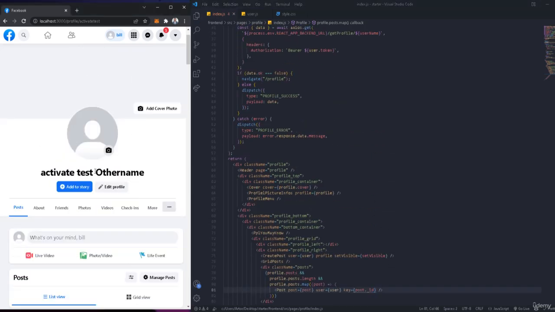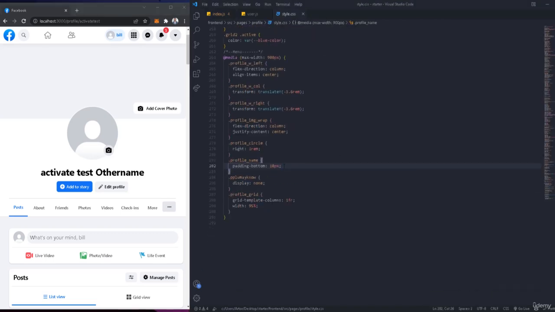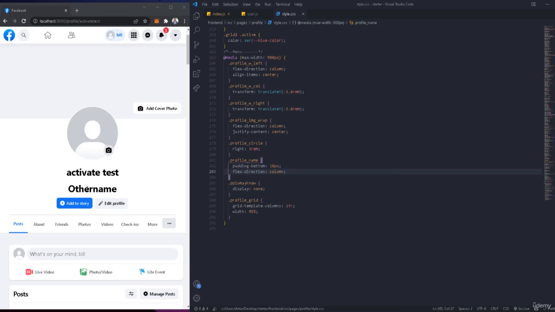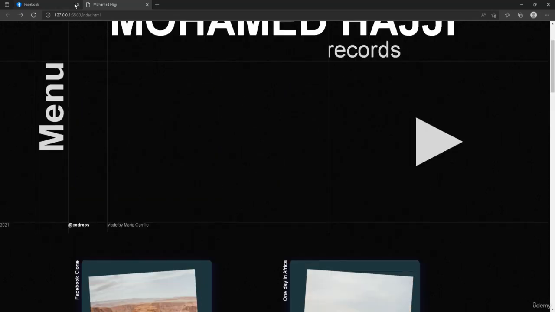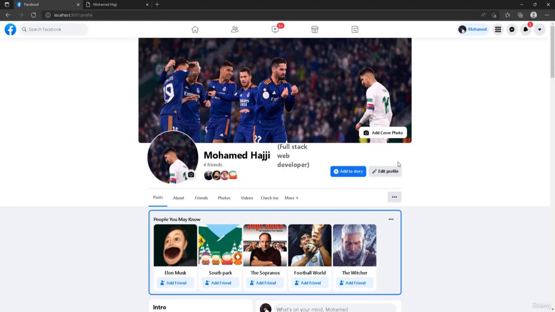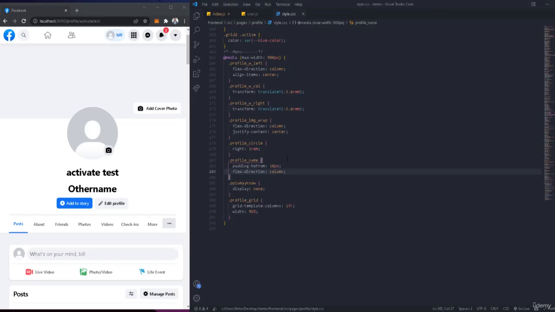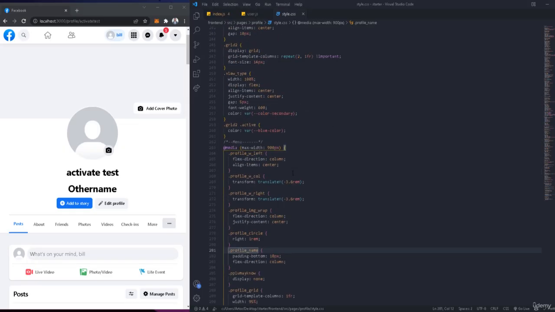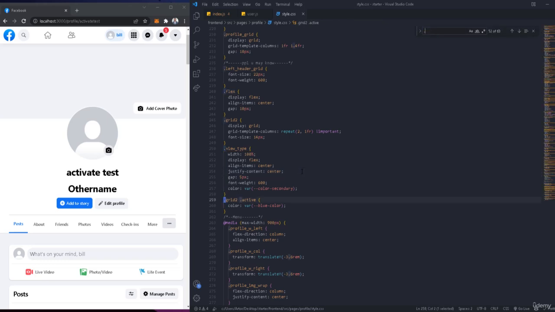Also this other name, I want it to be under the name, so we can go back to the side and then go to the profile name and then make the flex direction column. Okay, so for example, if we have a long other name, that's going to create a problem. Okay, so we can have it this way, and also we can change the other name, I don't think it should be like this. Okay, let me go back right here. So let me go from here to here. Okay, so right here, this is going to be another color, okay, and it's not going to be this way. So let me just show you what I'm going to do. So I'm going to go to the profile name, which is, we had this, let me just search for its other name,